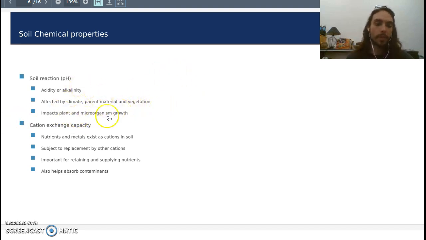So soil reaction, or pH, impacts plant and microorganism growth. With a lot of acidity, you're going to get fewer organisms. In wetlands or bogs, especially in Ireland, they have a lot of peat. And peat can only form in an acidic